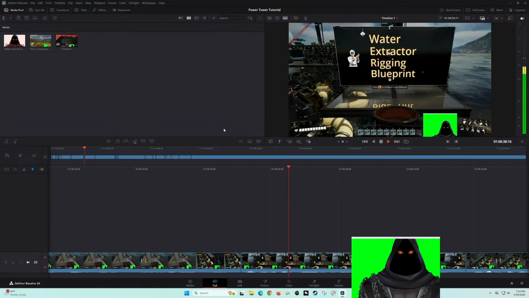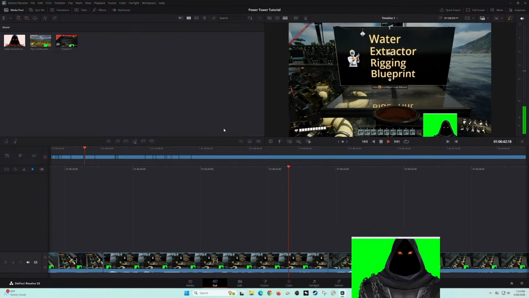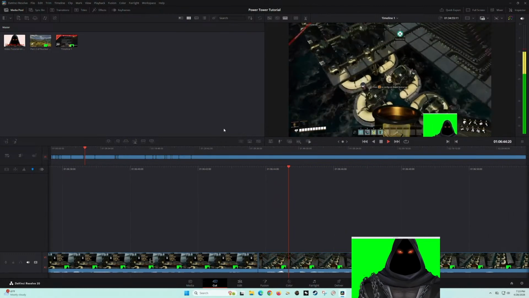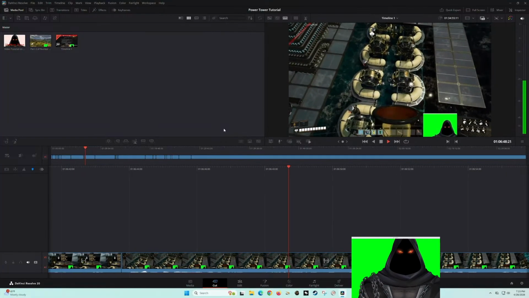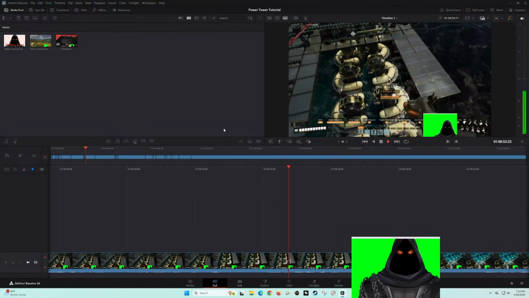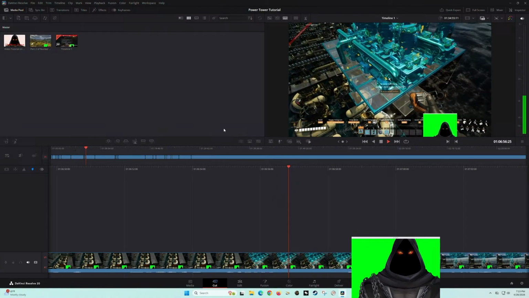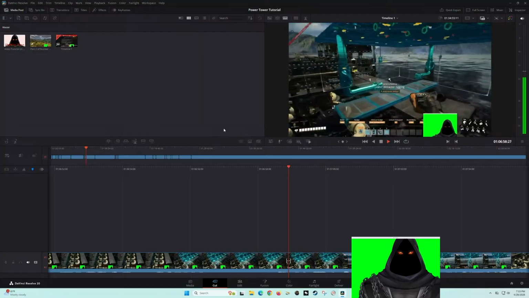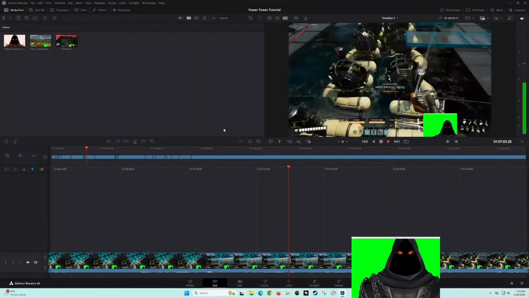Alright, so the next part of the tutorial is the water extractor rigging blueprint setup. After you've placed down all your water extractors in this specific arrangement, I've built these water extractor rigging blueprints that are specifically designed to fit in between the water extractors below.